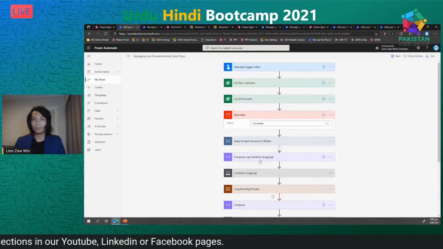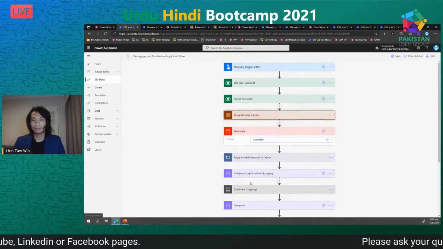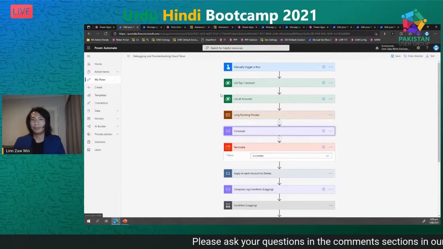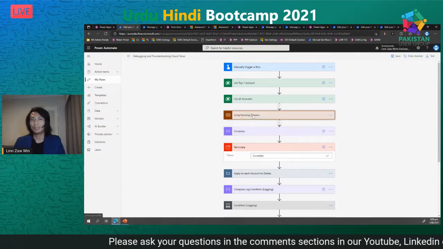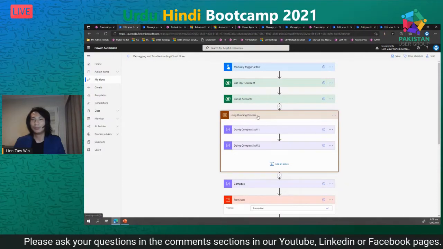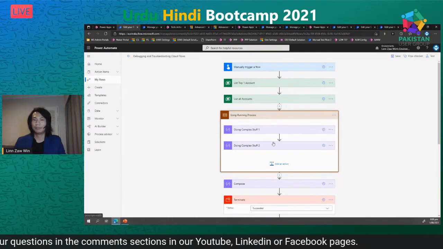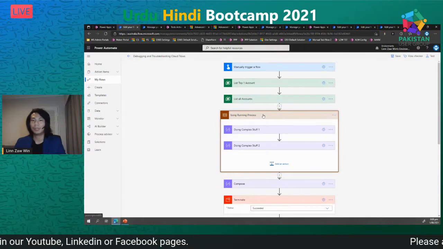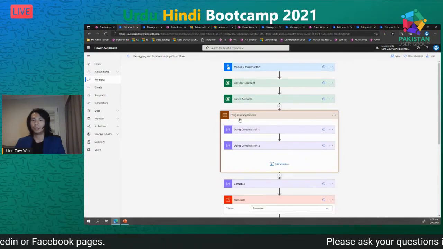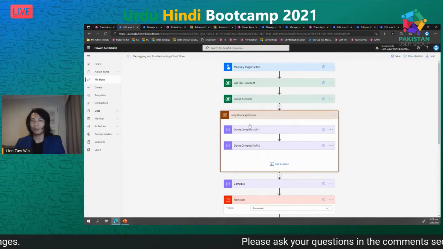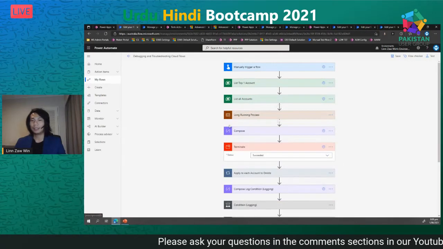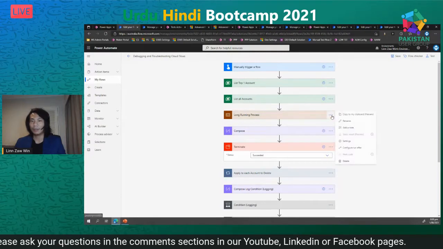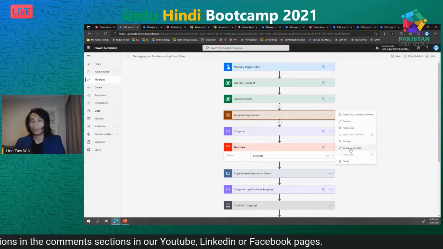So configure run after is, let's imagine we have these three steps. We have list all records and we have this long running process, for example. Instead, we have some steps which take 3-4 minutes to run, so you don't want to debug that step. So you put all of these into one scope, and you want to run the rest of the steps, for example. In that case, you have to change the configure run after